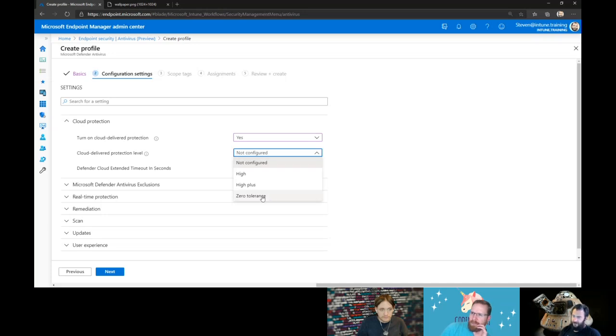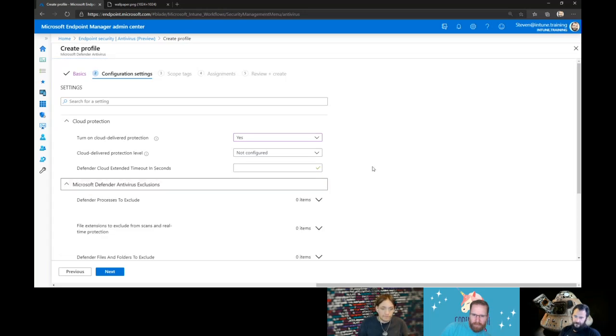Once you get to zero tolerance, you're going to be stopping things running in your environment. Anywhere in between is happy. So long as it's turned on, happy days. But your mileage may vary depending on your configuration. So this is where it's sending stuff up and detonating it and testing it and things like that.